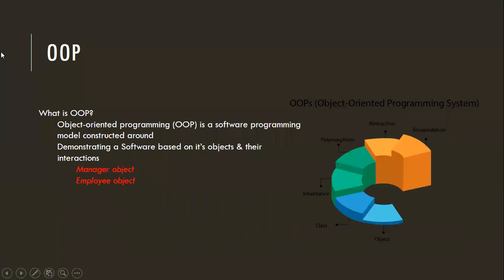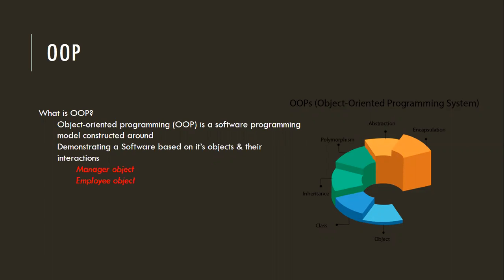Again, the same thing: you know object oriented programming from what I explained. Employee. Here they have given two examples. Manager is an object, employee is an object. Now, let's imagine there could be a manager called Sajith, a manager called Sanjaya, a manager called Pradeep, a manager called Pulasthi, and an employee with the name Nadira. So under these objects there could be many objects. Understood? So manager is an object.